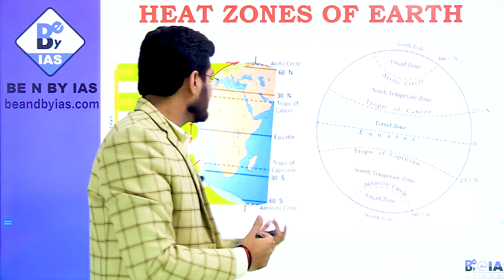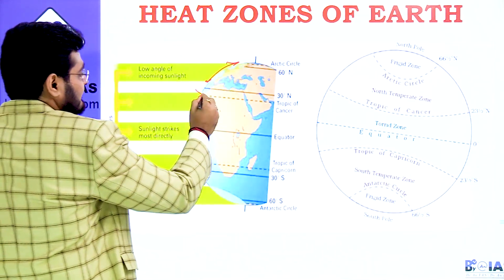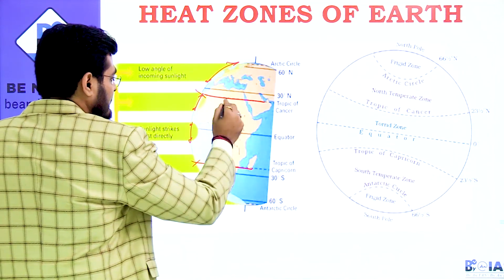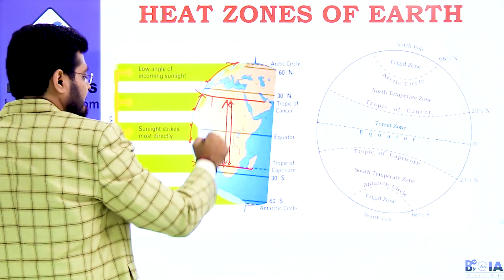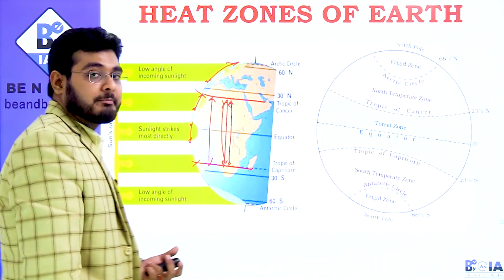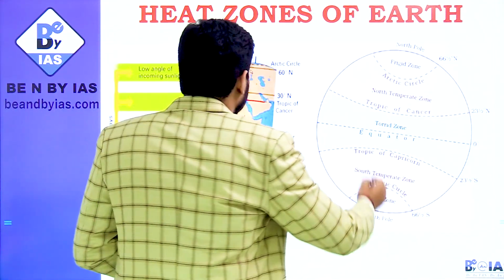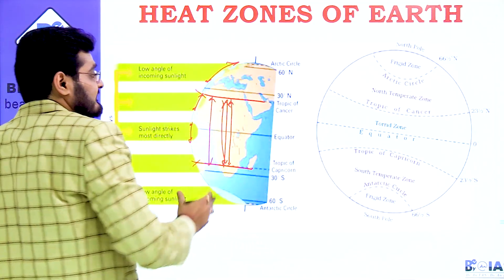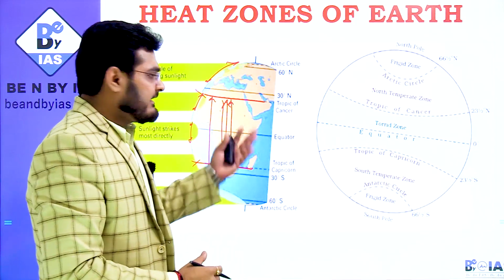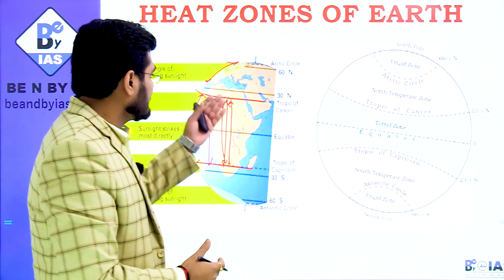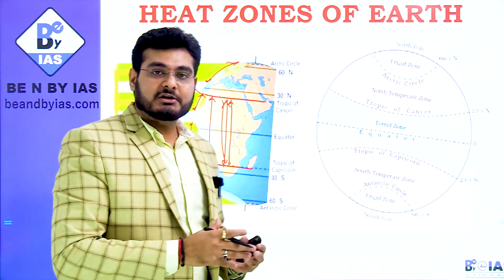What is this, I'll explain to you. And it is maximum from Tropic of Cancer to Tropic of Capricorn, this area, and that is why you can see that these areas are falling in tropical regions. Above it are temperate regions, Scandinavian countries very cold, Russia too cold, Canada again very cold, India not so cold. Now what is the reason? This is the only reason, because here the sunlight is always there.